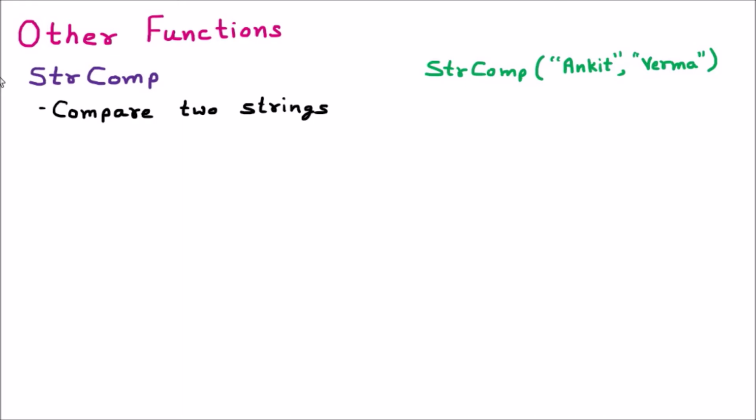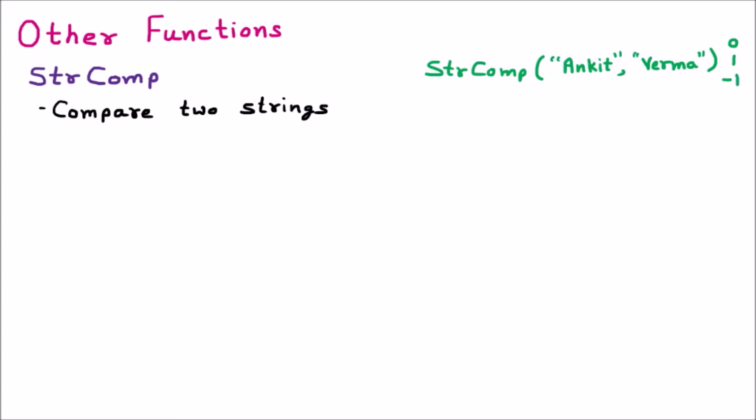Now afterward it is going to compare these two strings. If both strings are equal, then it will return 0. But if both strings are not equal, let's say the first string is greater, in that case it will give you a positive result, just like 1. Or if the second string is greater, then it is going to give you a negative value, just like -1 or something.